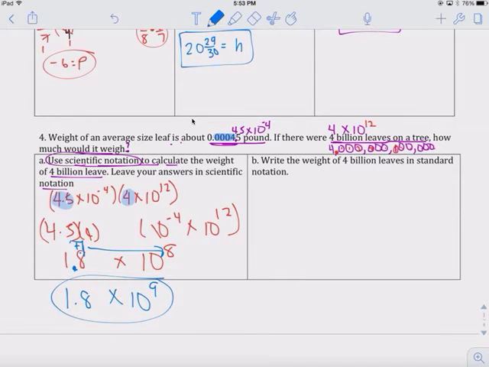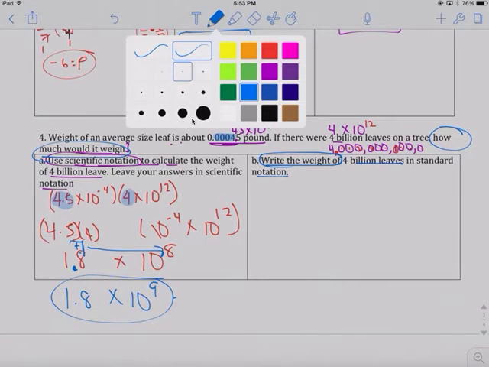Right, the weight of 4 billion leaves in standard notation. So the weight of 4 billion leaves is, we need to write that. Okay, you're answering this question, how much would it weigh? 4 billion leaves would weigh